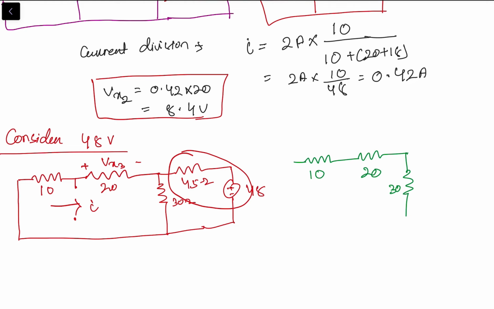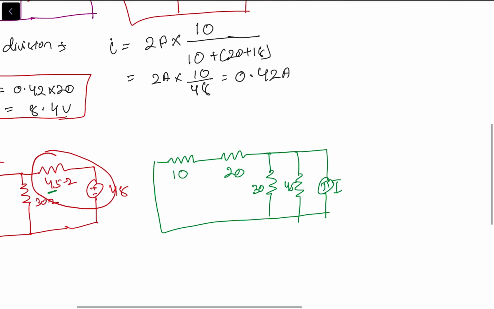While doing the source transformation, you can convert that to a current source with this 45 ohm resistance in parallel. So first let me just write this 45 ohm in parallel, and here there will be a current source like this. Why like this? The plus minus sign you can see here. So this will be the current source. Now this is my new circuit. So this current value, how much will it be? That will be equal to the voltage 48 divided by the resistance that is there, 45, and this value will come as 1.07 ampere.